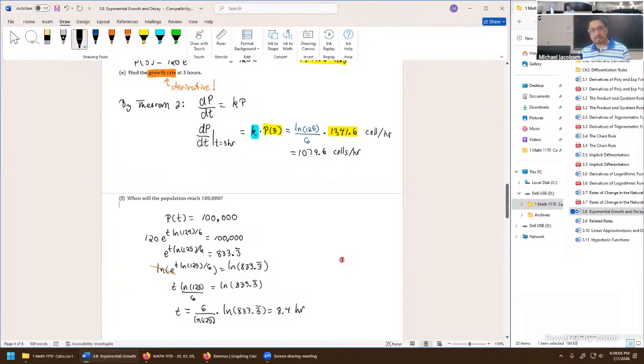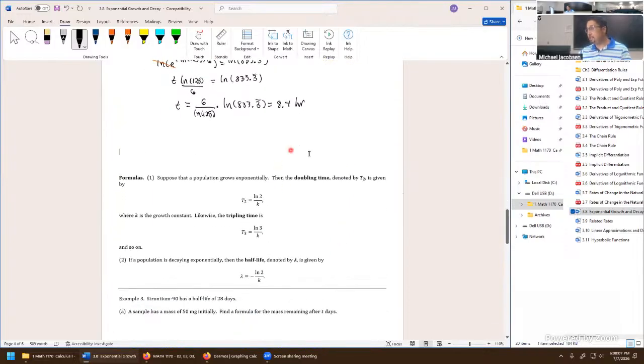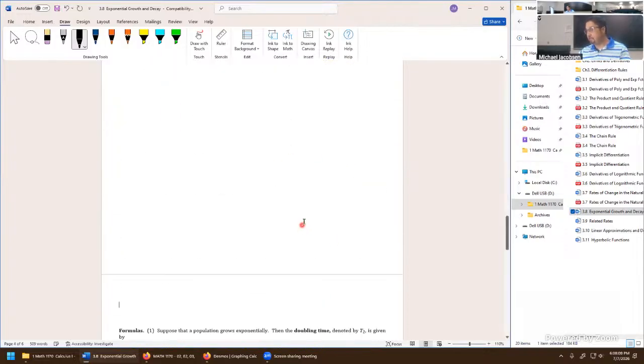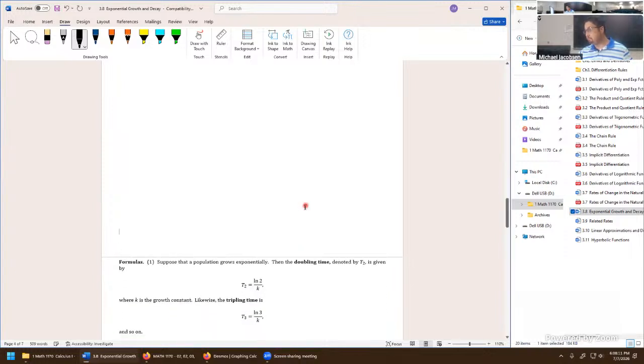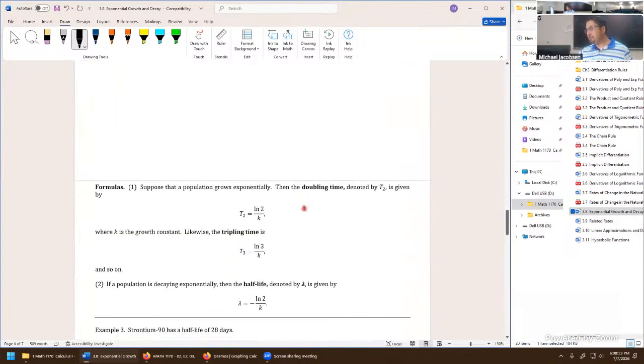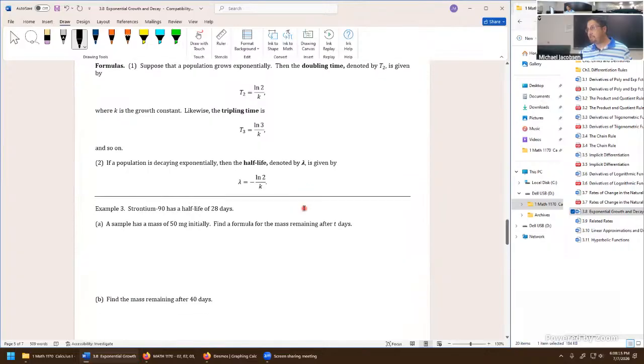And for the next question, the next logical problem we should do should be an exponential decay model. However, when we introduce an exponential decay model, it's very, very standard to introduce the concept of half-life. But even for a growth model, a doubling time or tripling time are interesting formulas that you might think about. It just doesn't really come up in the questions that I'm asking in the homework textbook. But half-life can come up.